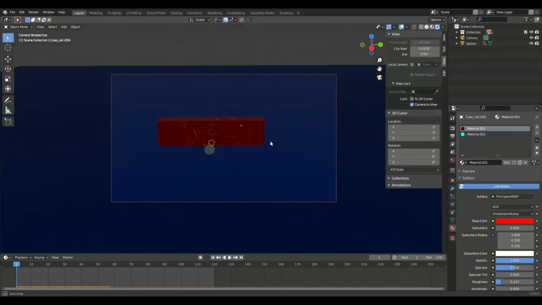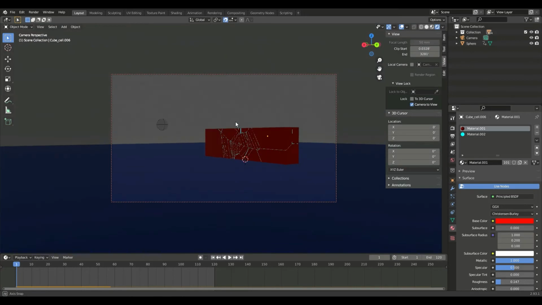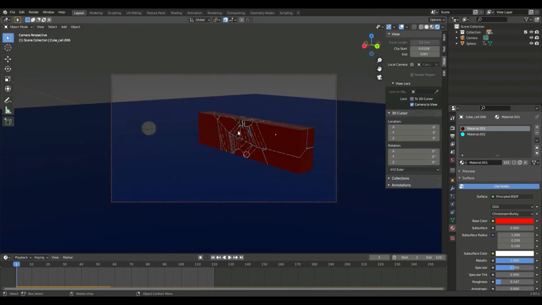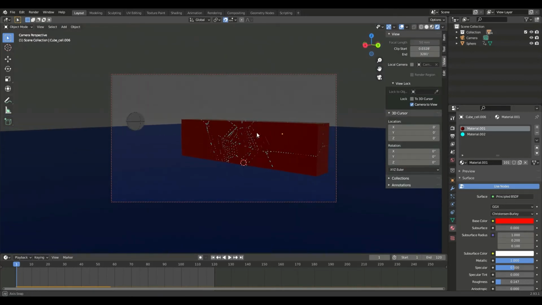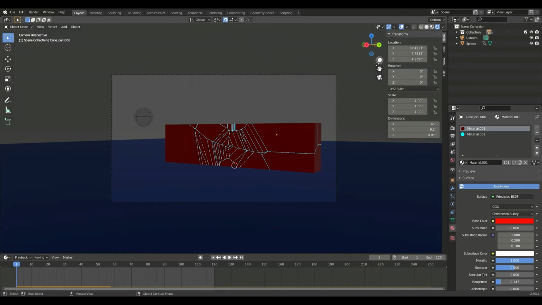So now, if you move your camera around, if you move your view around, it's going to change where the camera is. So I want the whole thing to be in the shot. So I'm going to do this with the ball kind of towards us. And then you're going to uncheck that, because if you don't, it's going to mess you up and make you super pissed. So just a warning there. Don't leave that on. Make sure to check that off. It's very important. Makes me very upset when I forget to uncheck that.